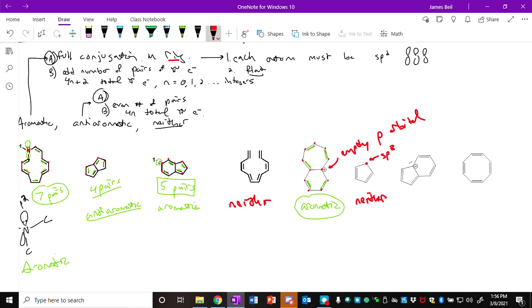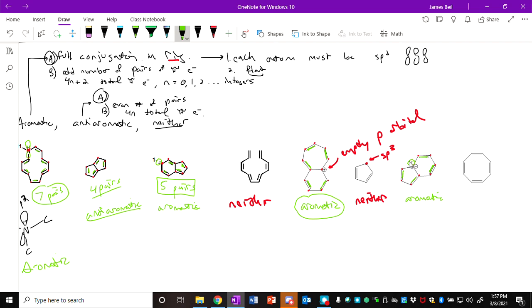Looking at the next structure, I've got to check to see if the ring's fully conjugated first, and that depends. This carbon here could be conjugated with the others if it were sp2 and the lone pair in a p orbital. But it might also be sp3 and keep the lone pair out of the p orbital if that makes it more stable. So what I have to do, again, is to count the number of pi electrons. 1 pair, 2 pairs, 3, 4, 5. So this one would be aromatic,